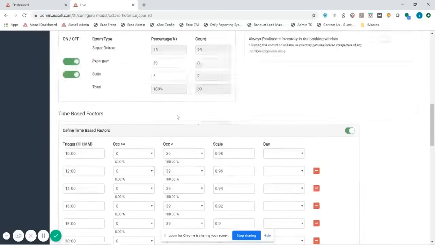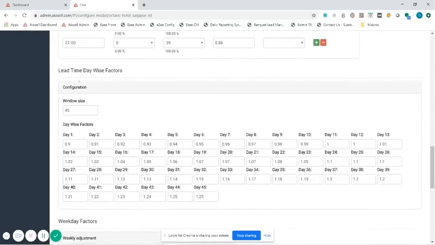The next factor that comes in is called the lead time or day-wise factor. Here, what we see is the number of days during which the price of a particular hotel is kept truly dynamic. In this case, because this is a business hotel, we have defined 45 days, which means from today till 45 days from now, every day the price of the room will be fully dynamic, which means it can be completely automated. We can set this booking window to as high as we want. In some hotels, we even set it for 365 days, which means that every day of the year, the rates